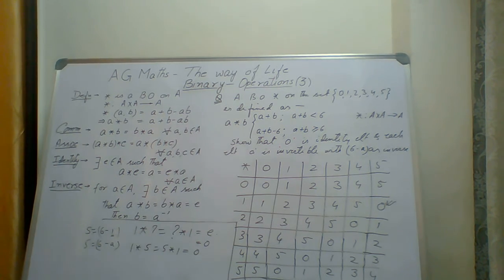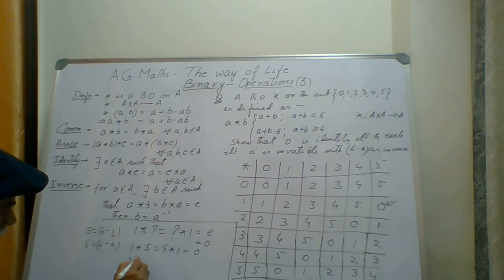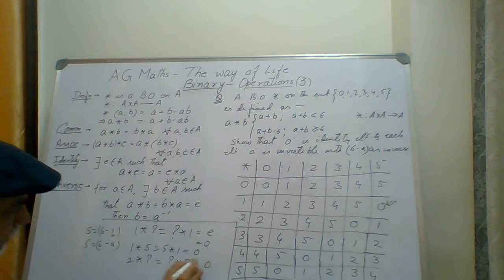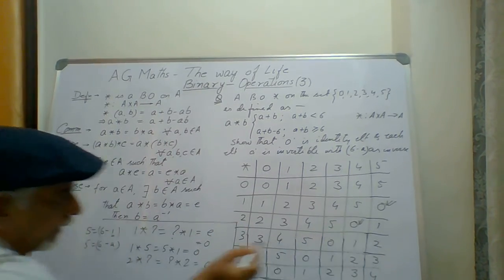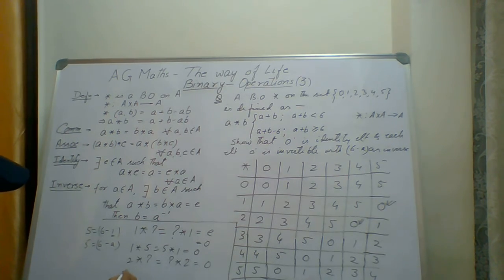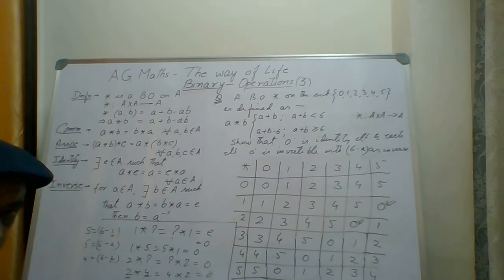So every element we get like this. You check for 2, you check for 3. Say for 2, what is the element that gives a 0? For 2, we get 0 at 4. This is the place where we are getting 0 for 2. So we write 2 binary 4 is equal to 4 binary 2 is equal to 0. And this 4 is coming from 6 minus 2. So this 4 is nothing but 6 minus 2, and 2 is the A value here. So I hope we made it clear to everybody.